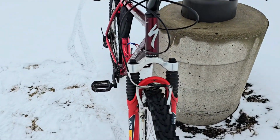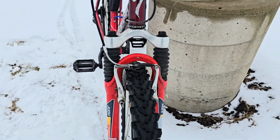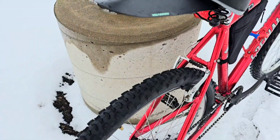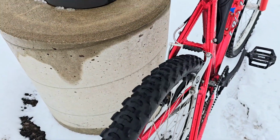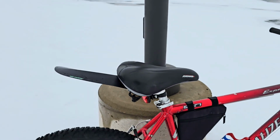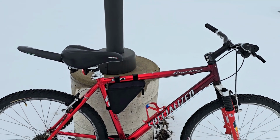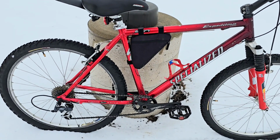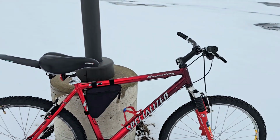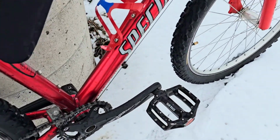Do have Avid brakes and brake levers. V brakes front and in back. Most of what's on this bike actually came with it, including this seat. I mean, it is an older style seat there with those springs, but it is pretty comfy. I did change the shifter. I put that crank on, took out the old 3x. But everything from the derailleur, the wheels, tires, brakes, seat post, seat, even as far as these pedals came with